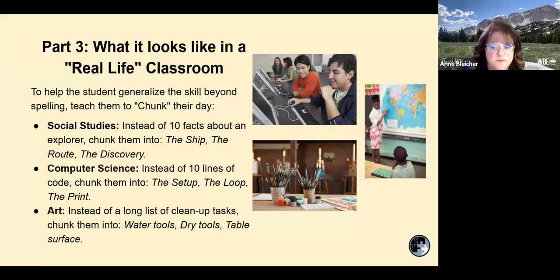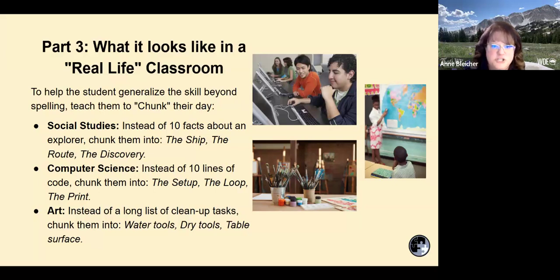So in social studies, for example, instead of asking them to memorize or summarize 10 random facts about explorers, we'll teach them how to categorize those into 3 distinct chapters or 3 distinct buckets of information so that they can better hold on to that information. Same thing for computer science, in art, if they consistently have a cleanup list that they have to do for students that struggle with working memory, they may get 1 or 2 things on there, but teaching them how to